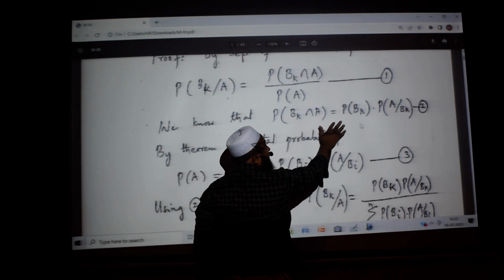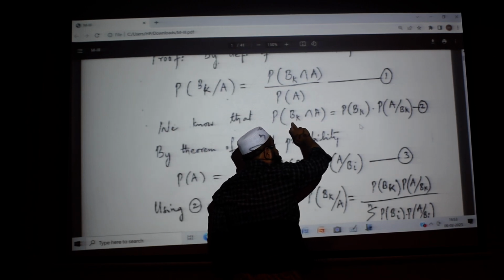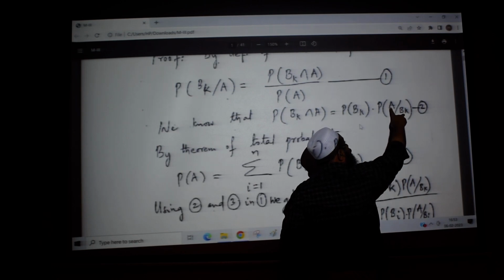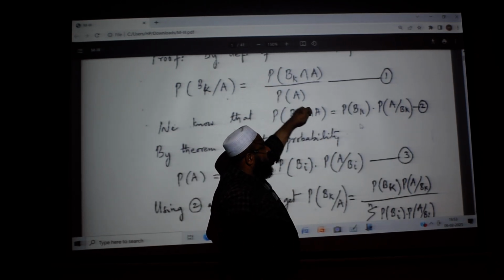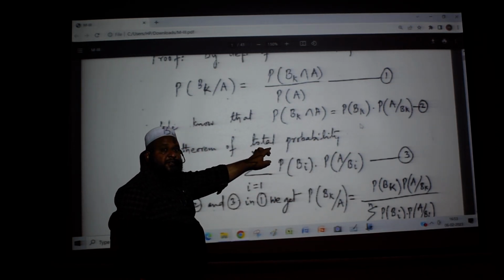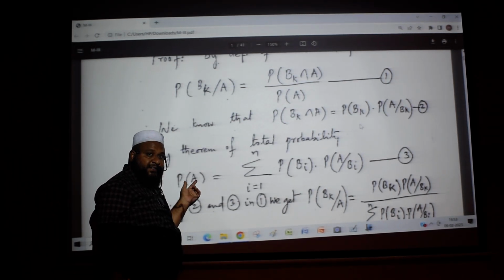What is the meaning here? Bk is taking place and A is taking place. So Bk has taken place, then what is the product we are getting? A. That is nothing but this numerator. That is number 2. By the theorem of total probability, if I want the total probability of event A, then